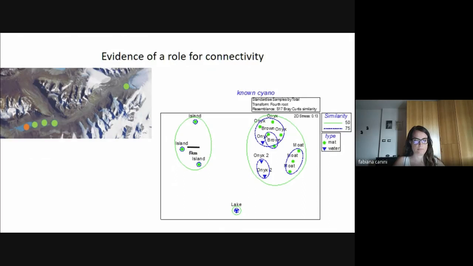And we are seeing a really tight collection here of the Onyx River sites. So these sites down here in the Onyx River, the Lake Brownworth sites, so these sites up here at Lake Brownworth, then the moat sites where the Onyx River enters Lake Vanda. These are these sites down here, and the water that's flowing down the Onyx is all part of this same cluster. So we're looking really at a connectivity of species as we go down this hydrological connection.